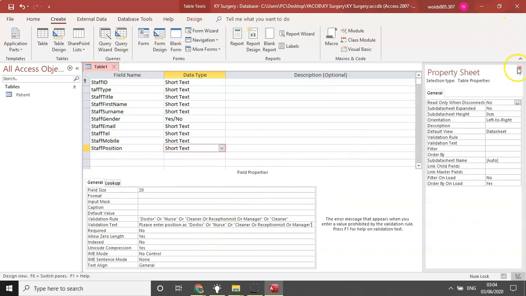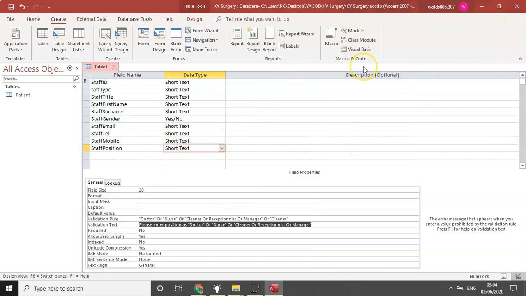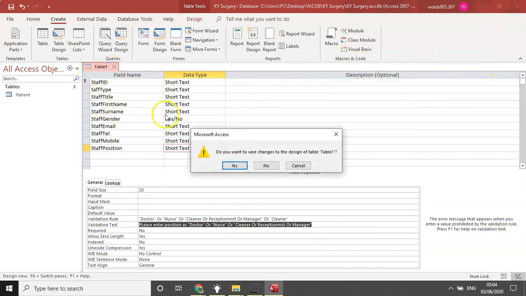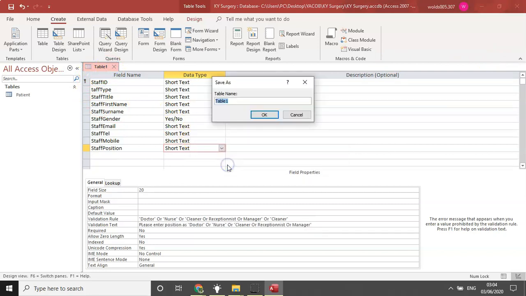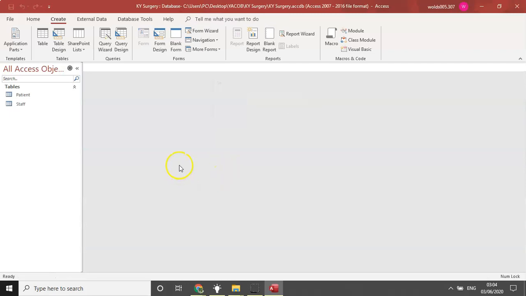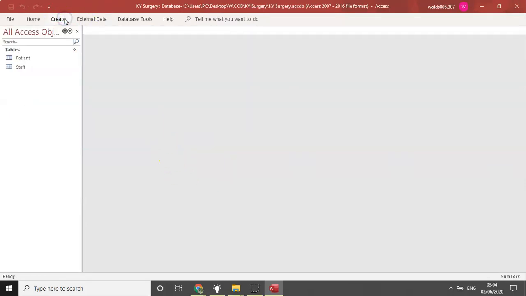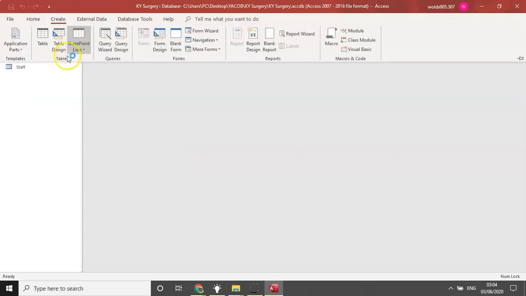So far we have done two tables, and this table is going to be called staff. Two tables done, three to go. Alright, we need to create a table, right? So the way we do it is